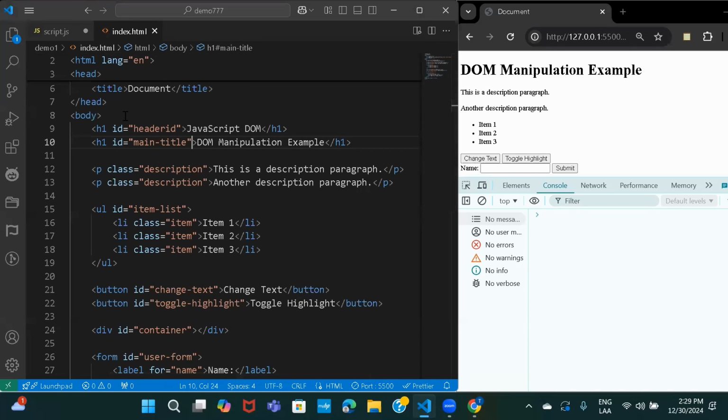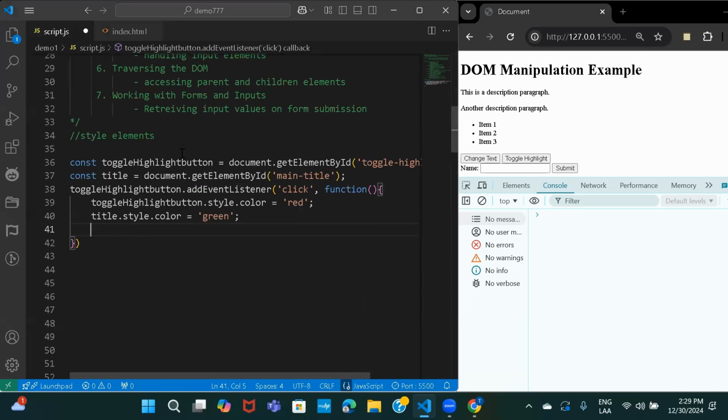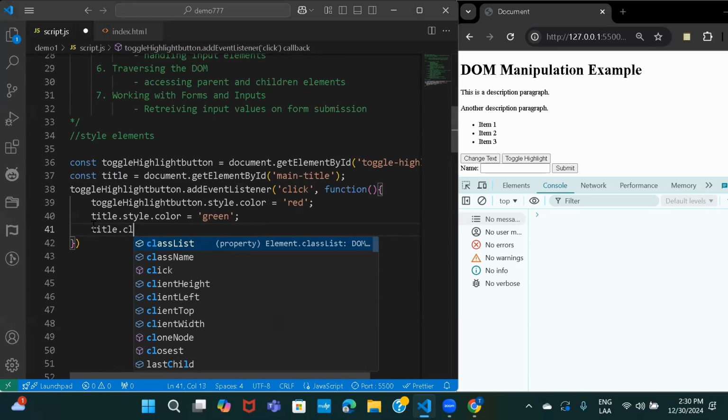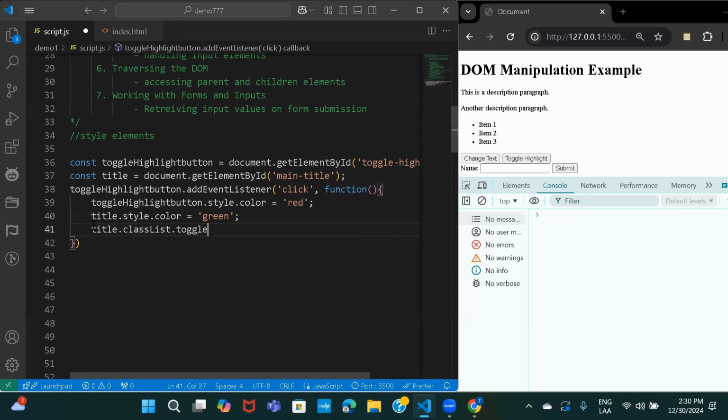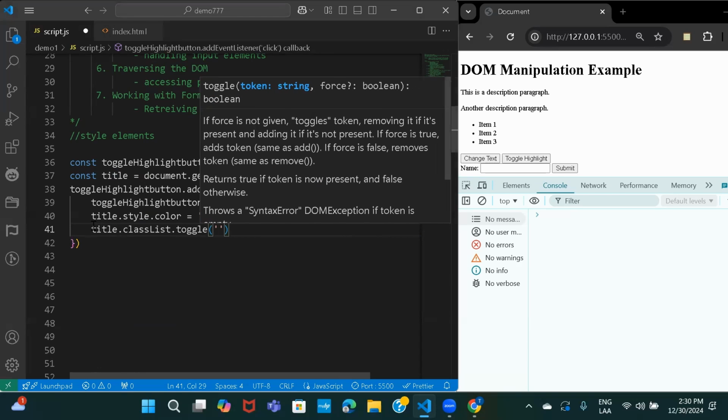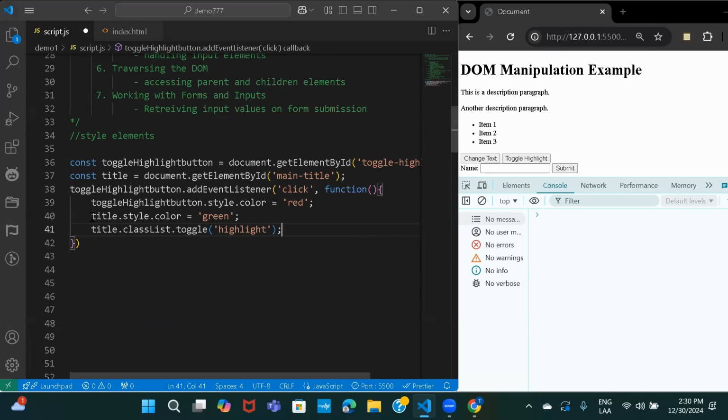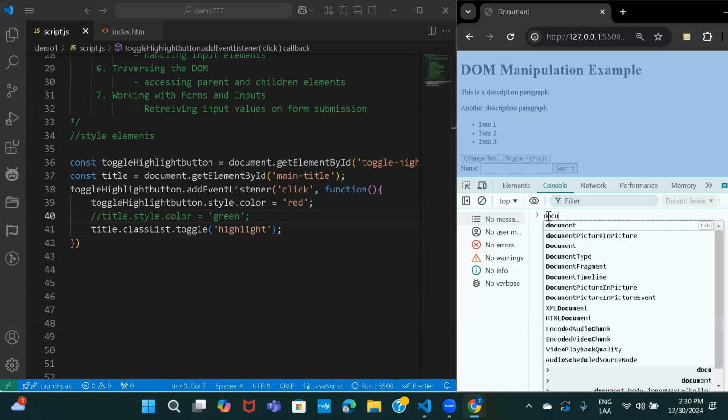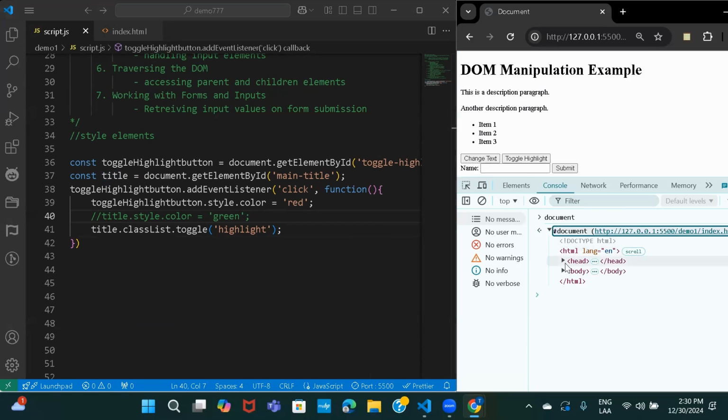So let's just go ahead and see that. We already have accessed the title here. So title dot classList dot toggle, and here you need to give a name. Okay, so I'll give the name highlight, and let's just comment out this one. I'll save this, and now here if I type in document, so if I have a look at the title